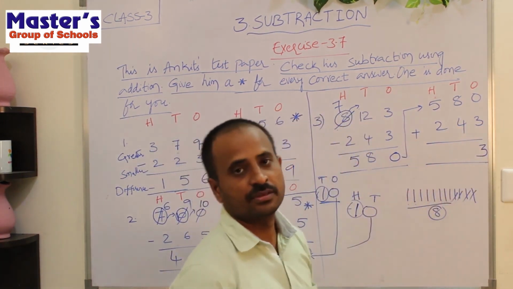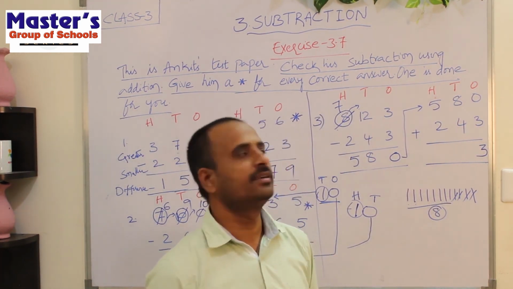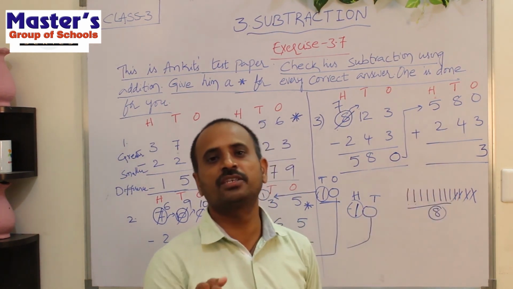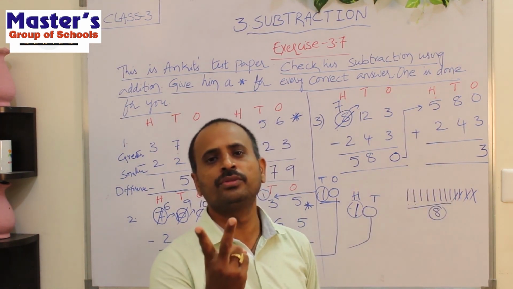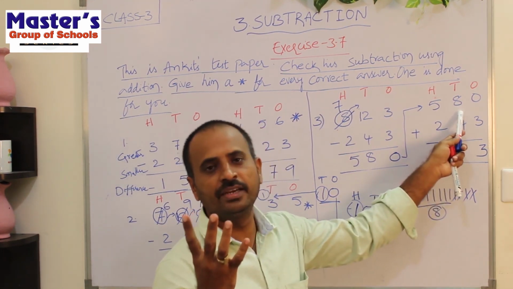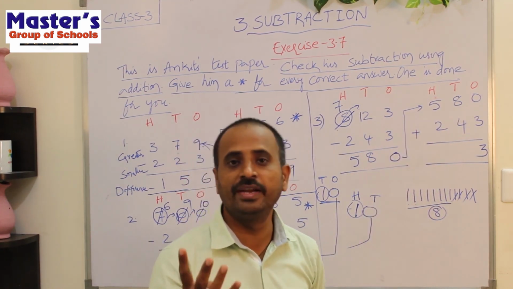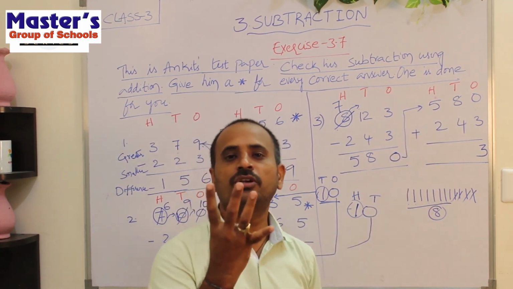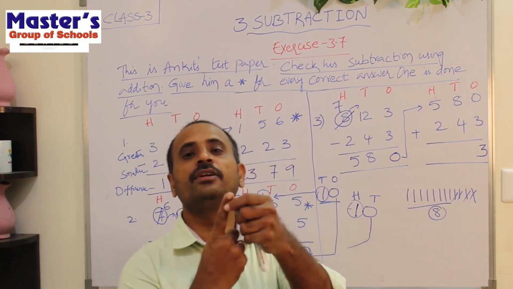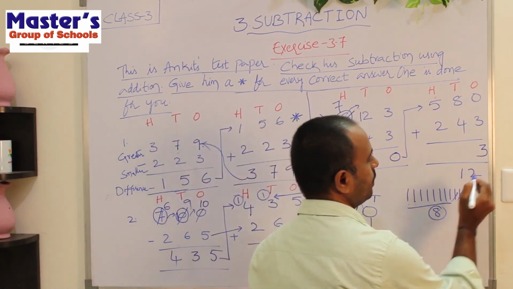Now go to the tens place. What are the digits present in the tens place? 8 and 4 are present in the tens place. What is the second number here? 4. Open 4 fingers of your hand. 1, 2, 3, 4. These are the 4 fingers. What is the first number? 8. So start counting from 8. What will we get after 8? 9. So start counting from 9. 9, 10, 11, 12. So the sum is 12.